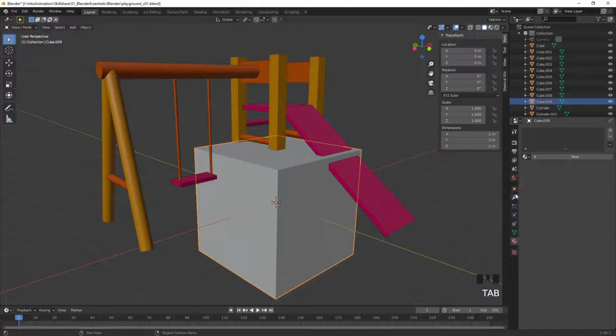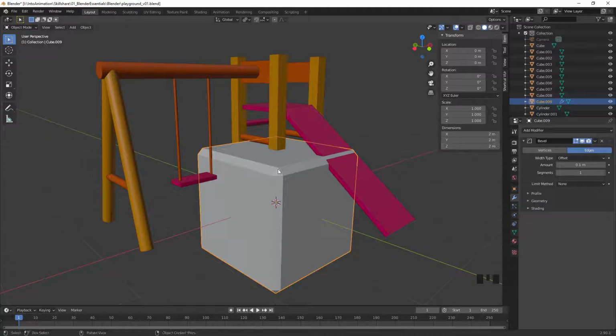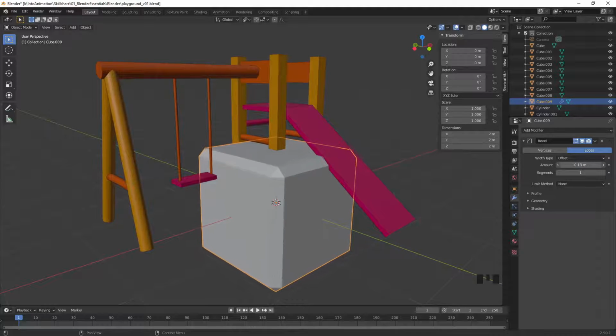Now over in the property panel over here, we've got this wrench icon. If I click on that, we can add a series of modifiers that are designed to do all sorts of different things. One of the modifiers that we can add is a bevel modifier. And what this will do, as you can see, is it will round out the edges of an object. Now in the properties here, we can adjust the amount value, and that will obviously adjust how much we're rounding